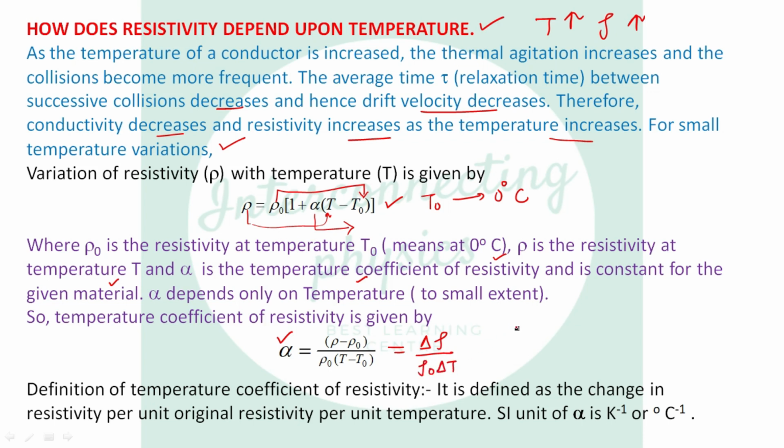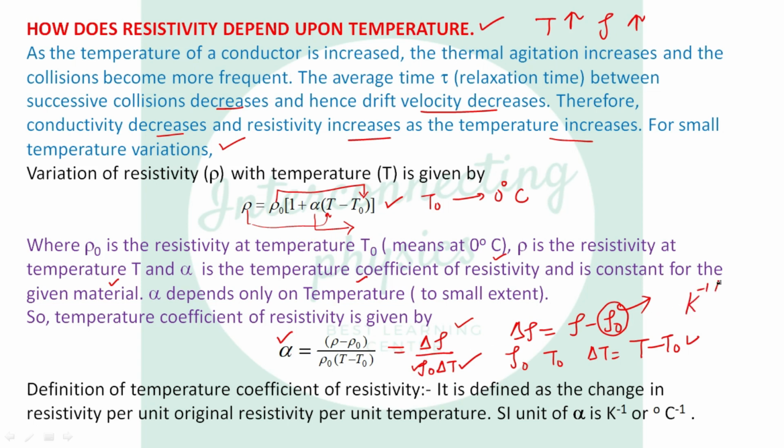What is delta rho? It is the change in the resistivity, that is rho minus rho naught. What is rho naught? It is the resistivity at temperature T naught, and what is delta T? It is the change in temperature, that is T minus T naught. This rho naught is also called the original resistivity. So, temperature coefficient of resistivity is defined as the change in resistivity per unit original resistivity per unit change in temperature. Again, I repeat, alpha is defined as the change in resistivity per unit original resistivity per unit change in temperature, and the SI unit of alpha is